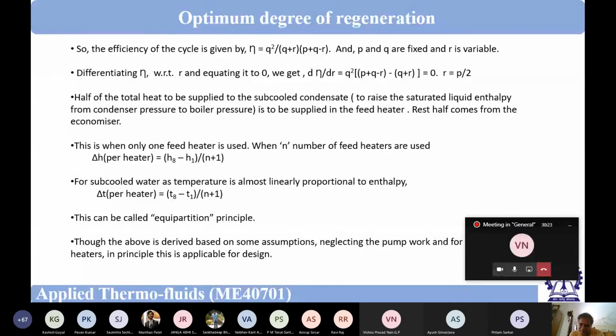There are similar such examples I can give you. So this is called the equipartition principle. Nobody has told it in thermodynamics books, but I found that it has some sort of a similarity. So that's why I am bringing it to your notice. It has got nothing to do especially with the thermal power plant. Okay, so let me go to some other topic then.